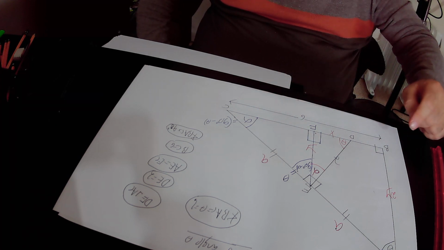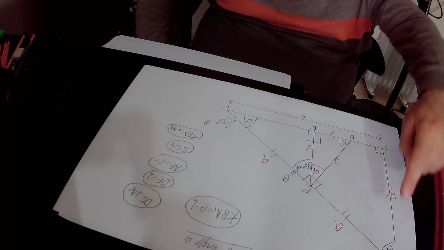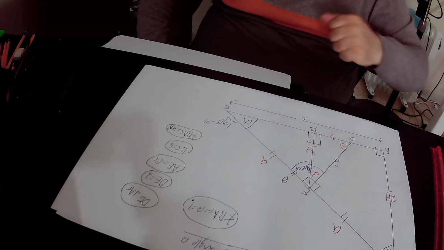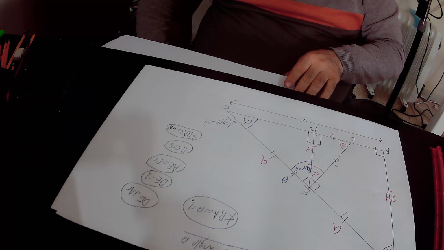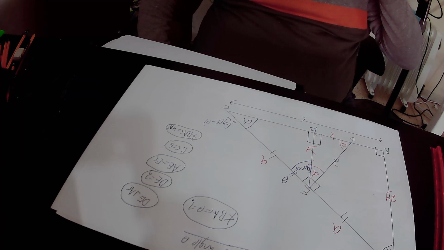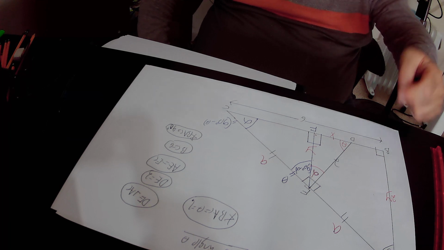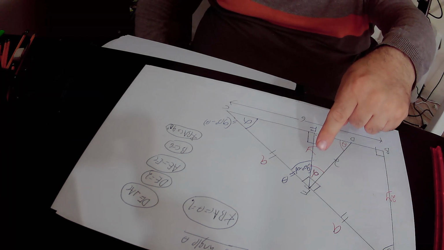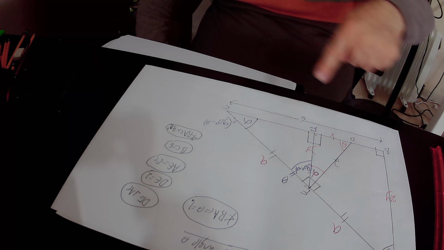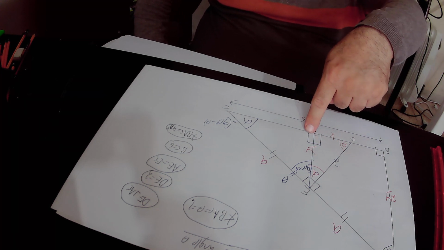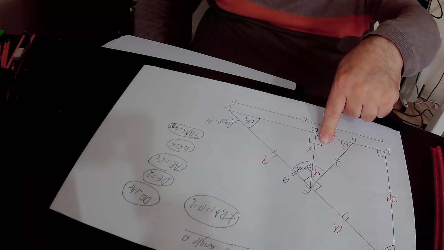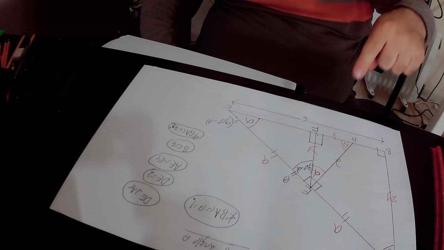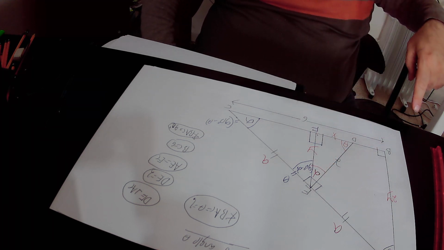We want to find out the size of this angle, angle theta. Actually, angle BAC equals angle theta, and we want to find its size. In the first method, in order to find the size of angle theta, we made a construction from point E. We draw a perpendicular on BC. So this angle equals 90 degrees, according to our construction. We defined the touching point of the perpendicular from point E and BC as F,